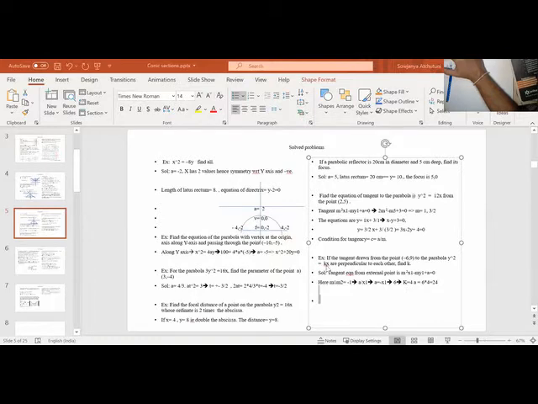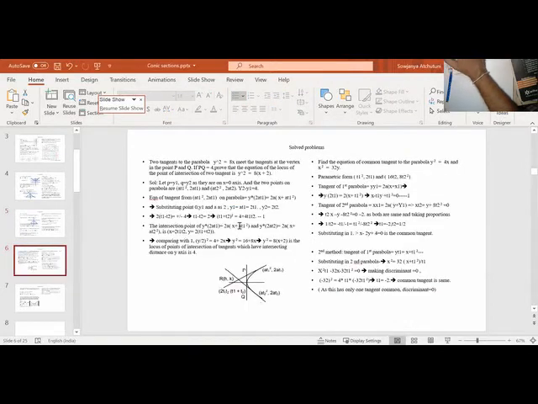What is it? y square is 4ax. 4 into a, a is 6. So 4 into 6, that is 24. It is 24 because we have found a is minus of x1. x1 we know is minus 6. Minus of minus 6 is plus 6. So when a is 6, this is 4ax. So k is 4 times a, so that is 24.